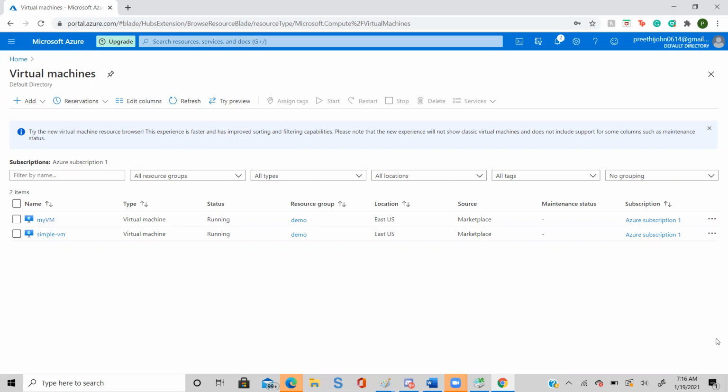Once that template is created, you can use it 100 times, no problem. Correct? Second way is that you can use a command line to manage and control your complete Azure environment.